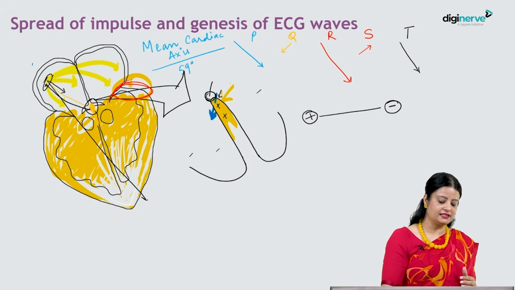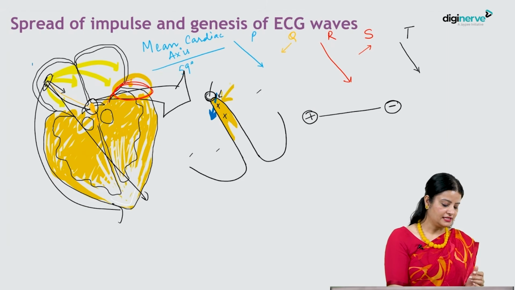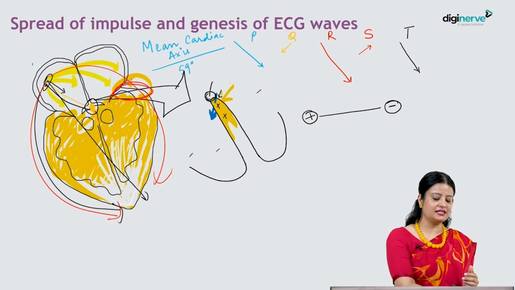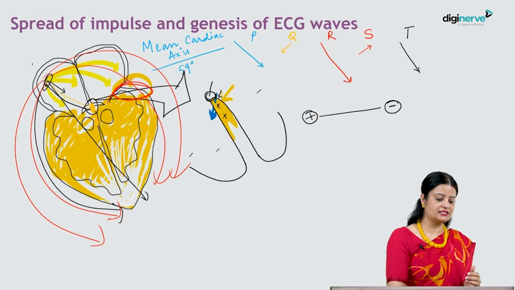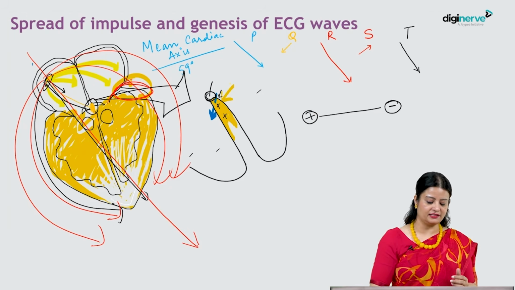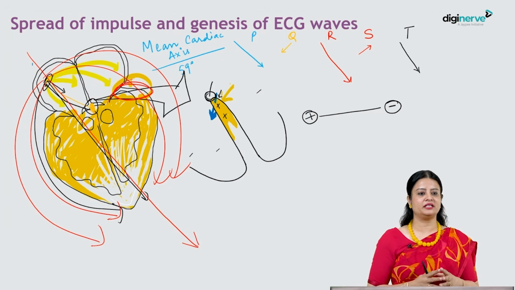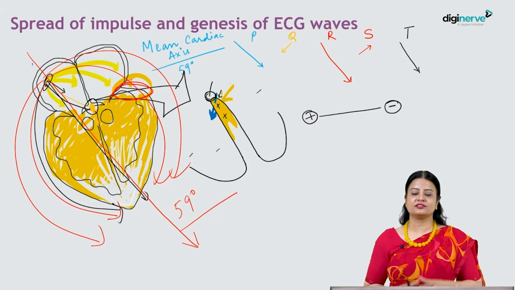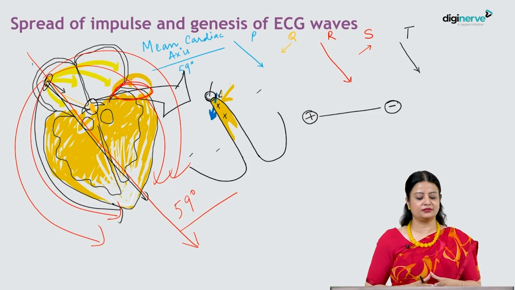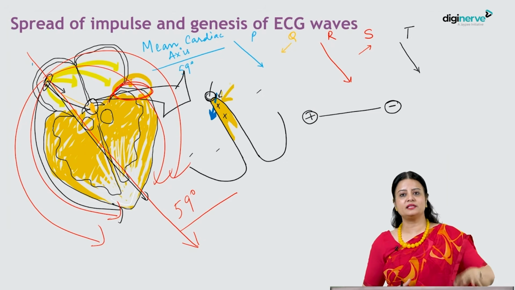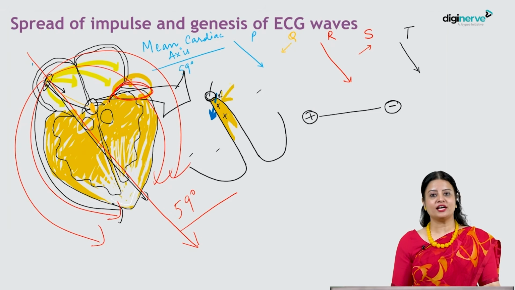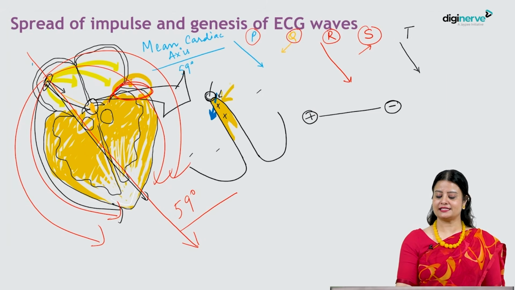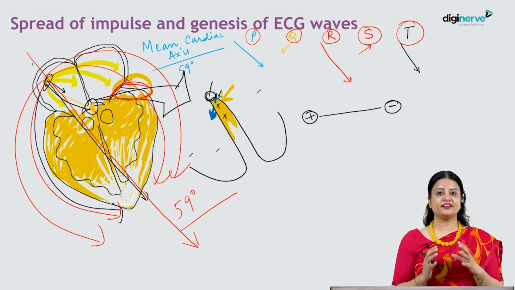So it has created a dipole with, let's use another color here to show the dipole movements of the flux. So this is the electrical flux which actually is created, and the mean resultant vector comes out in the direction of mean cardiac axis, which is 59 degrees. So that is how the mean cardiac axis had been calculated, because the heart here has been acting as a dipole.